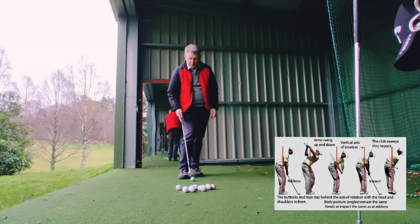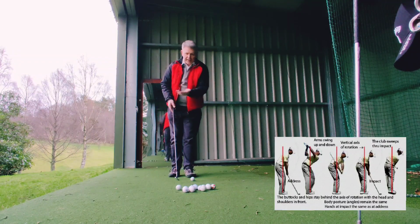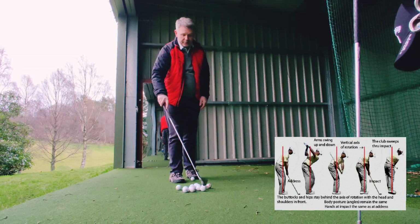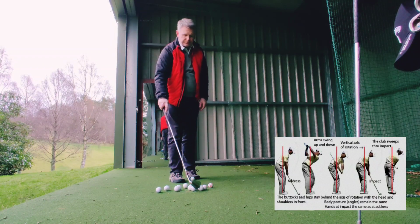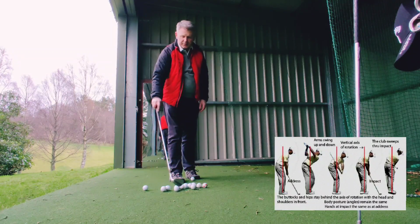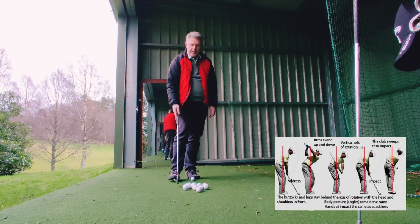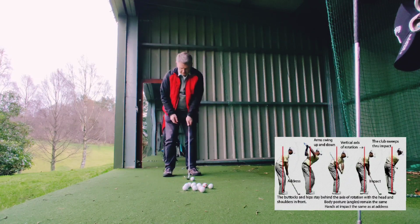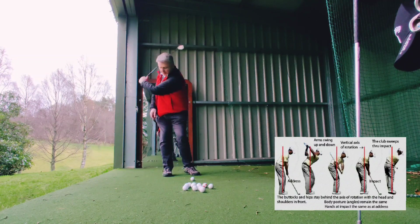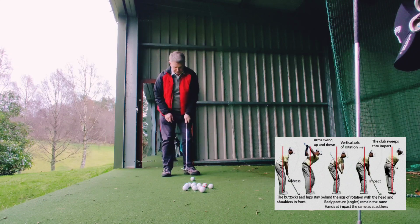Like I say, 50% of all buckets of balls do it one-handed, and the rest. So if you had 50 balls, it's 25 one-handed shots, and maybe 20 with both hands on the club. And you're not trying to get everything perfect, but what you are trying to do is get yourself used to that position. And you can see there, just like the rope drill,